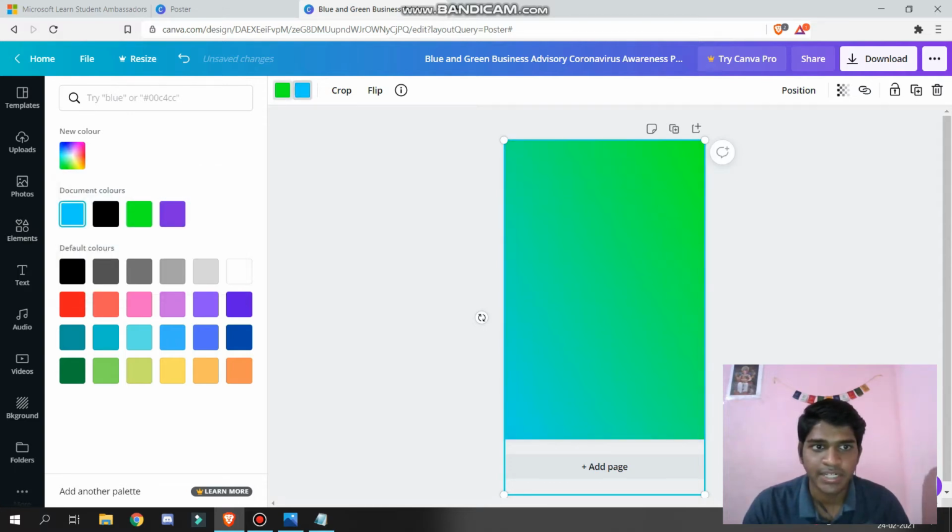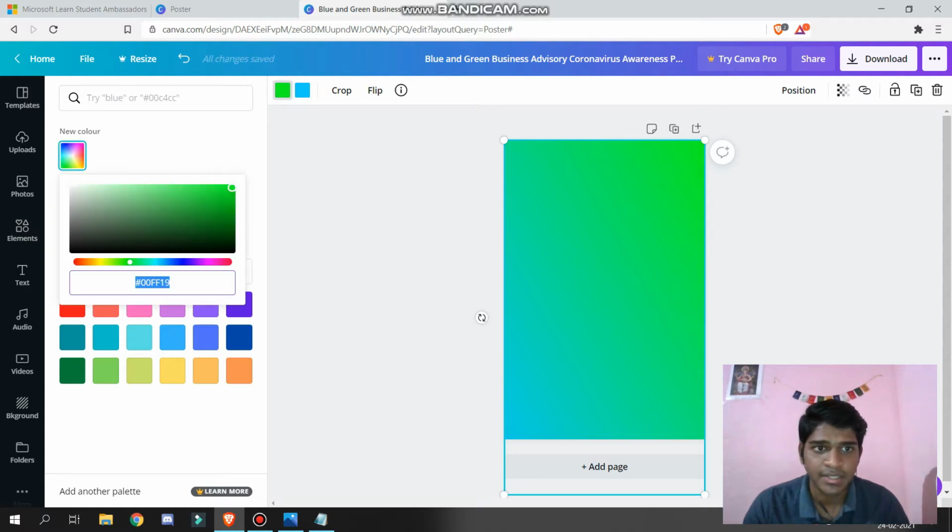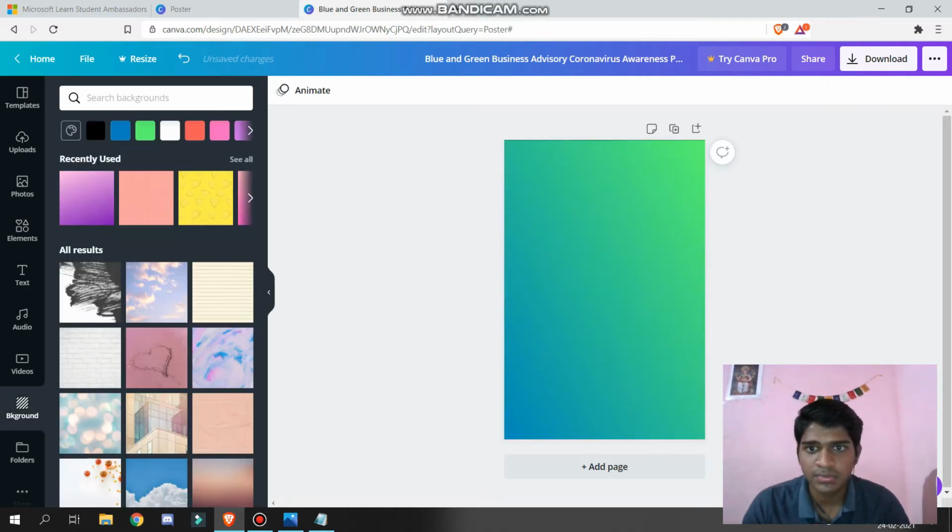This is not looking that good because the green is brighter, so I will keep it a little lower, and the blue part, I will keep a bit darker. Cool. So this is also looking nice for now.